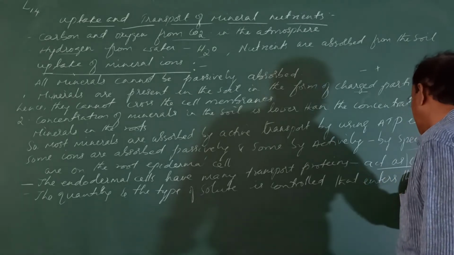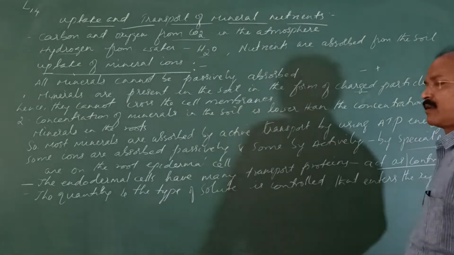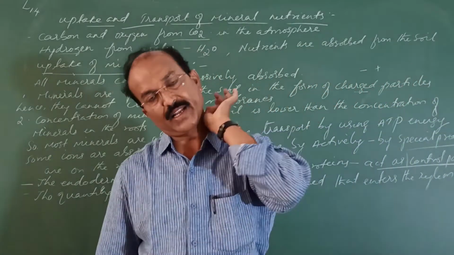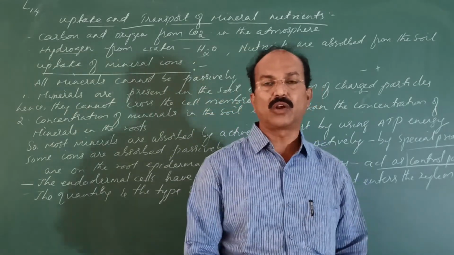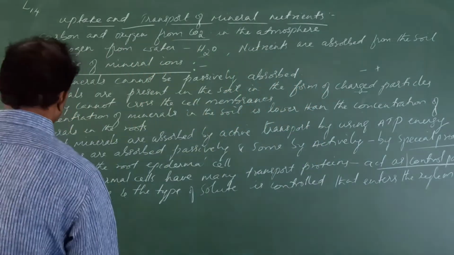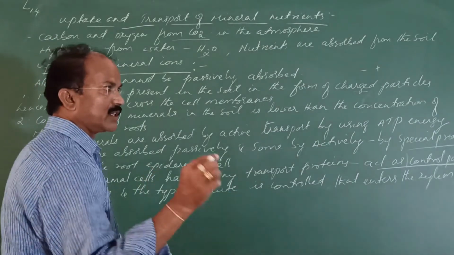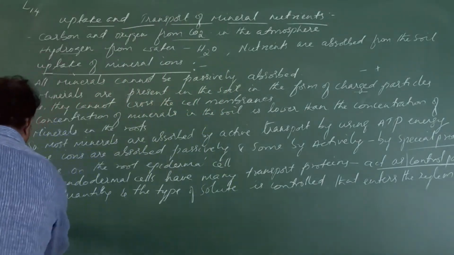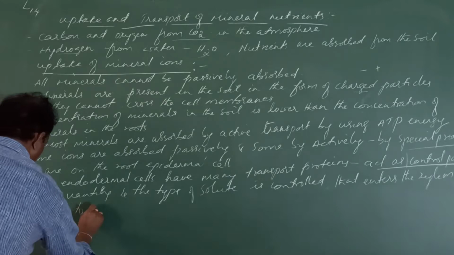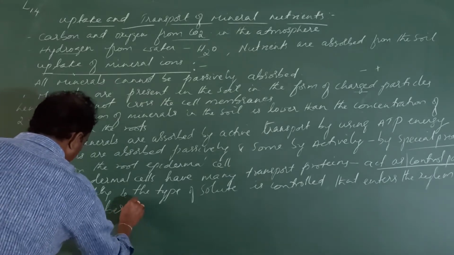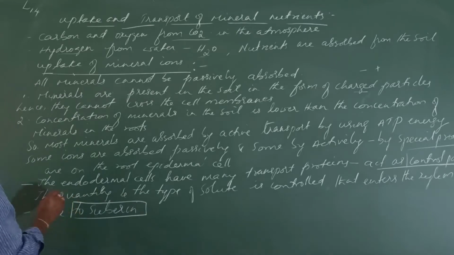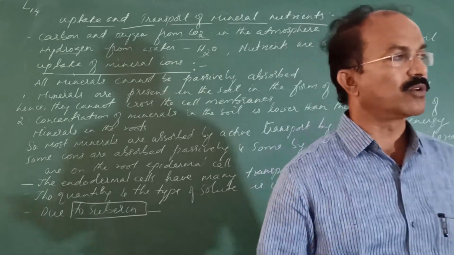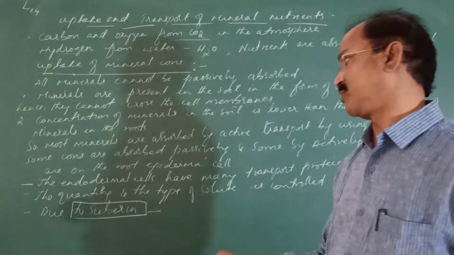That enters the xylem. Not all the substances, and not in any maximum quantity, are these mineral ions allowed. They act as a checkpoint or a control point. Only certain molecules in specific amounts are allowed to transport through the endodermis. Why? Because of suberin. The endodermis is highly suberized. Due to suberin, in the endodermis there are some special proteins through which active transport occurs.